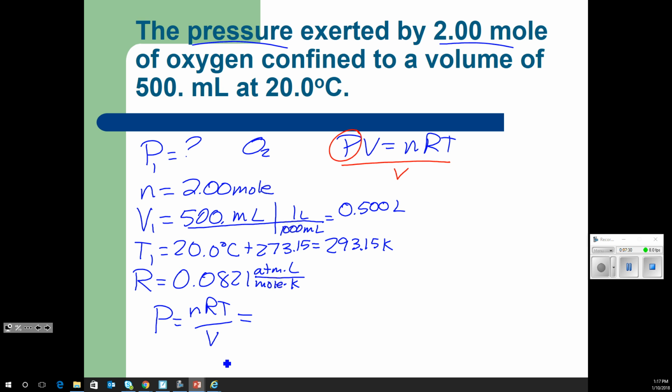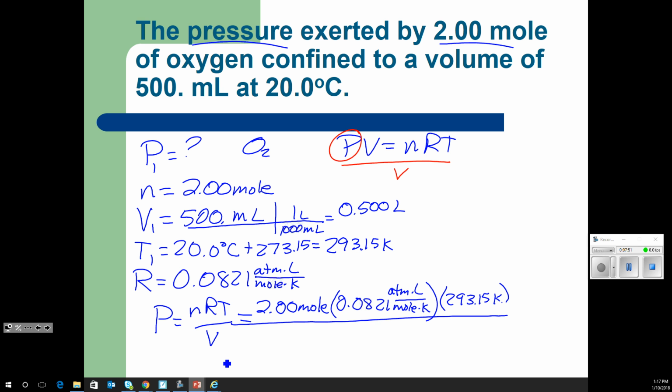So n was 2.00 moles, times R, 0.0821 atmospheres times liters divided by mole times Kelvin, times temperature, 293.15 K, divided by volume,